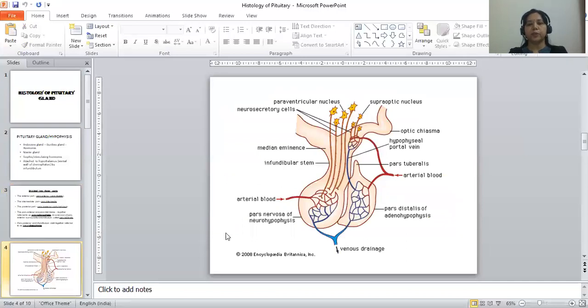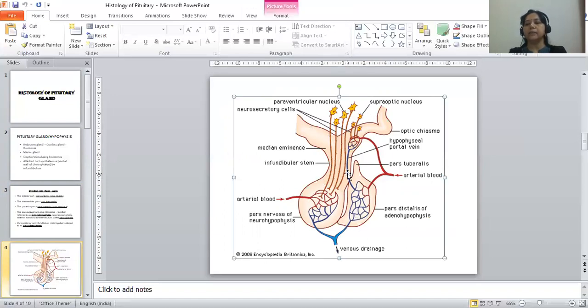Now this is the structure of pituitary. You can see the optic chiasma, and below the optic chiasma you can see a stalk, that is infundibulum, and this whole structure, this rounded structure, is called as the pituitary. This is the anterior part or pars distalis, which has got a small tube-like extension, pars tubularis. The center part is called pars intermedia, which you can see clearly in the next slide. This is the posterior part or the pars nervosa along with the infundibulum.